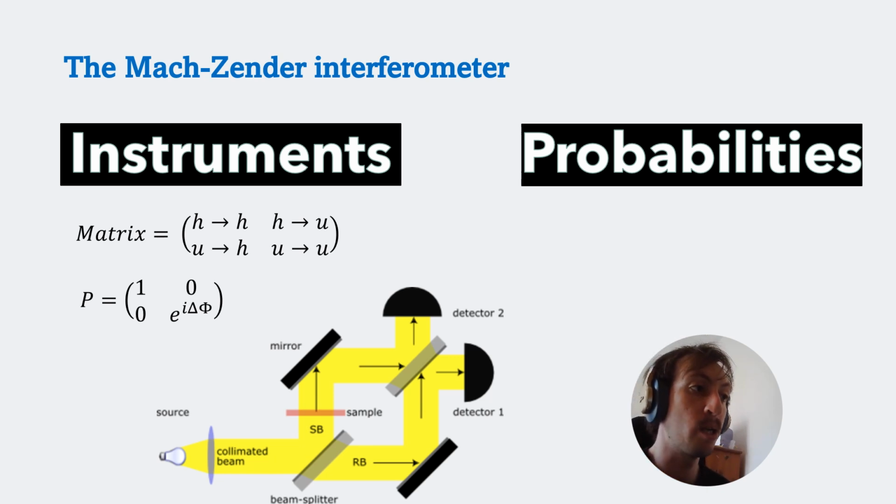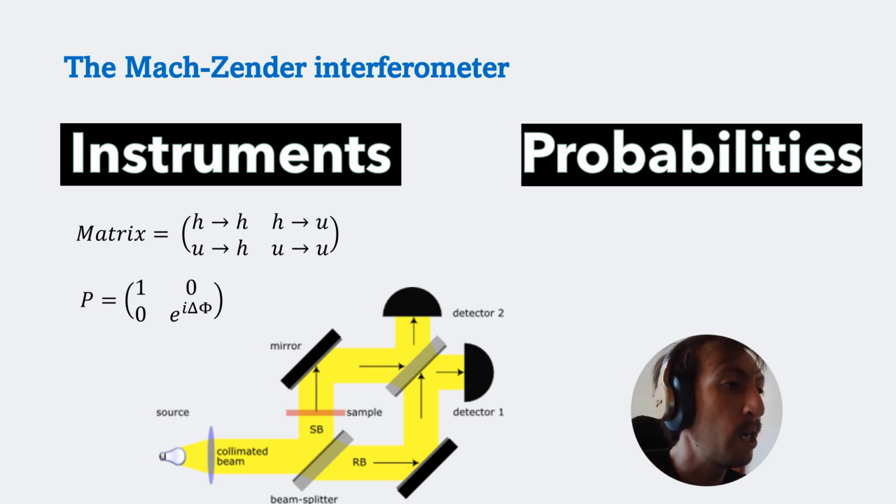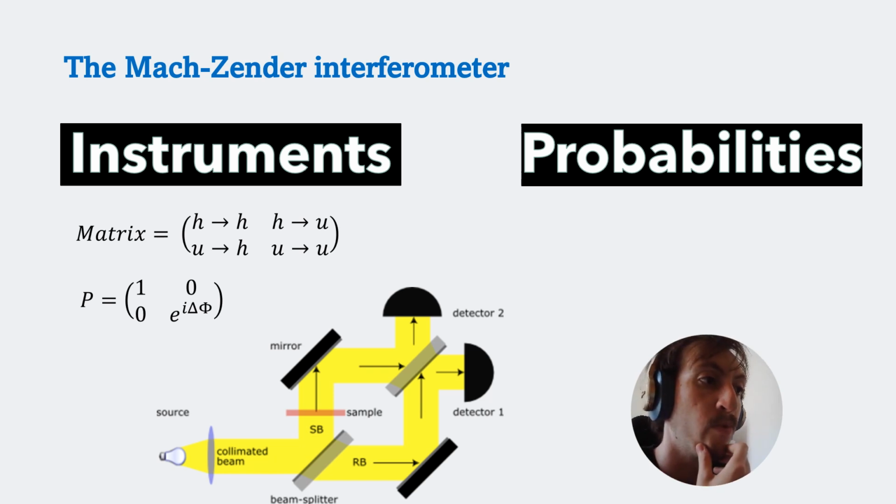A function that does that is the unit complex number, which is free to depend on the phase shift, delta phi, but which by definition is always of unit size. So the amplitude of the classical state won't actually be altered by this phase shift. And e to the i delta phi is indeed that unit complex number, as you will know if you've done complex numbers before. So that's our phase shift.